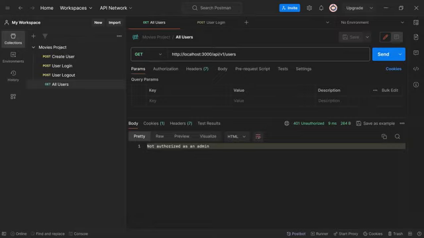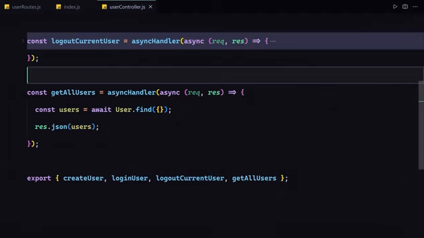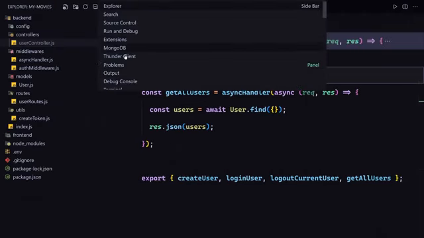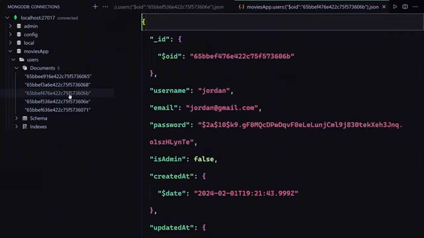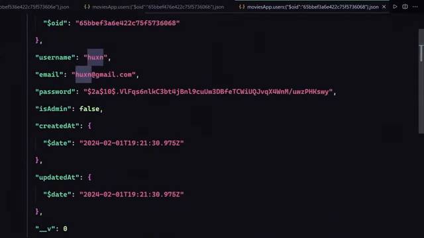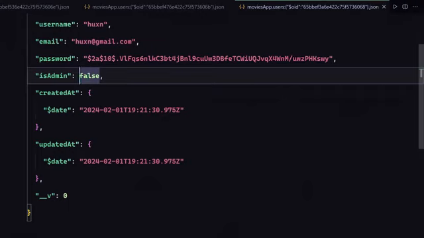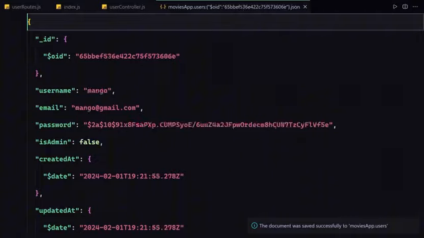It's going to say not authorized as an admin, you have to be an admin, then you would be able to get all of the users. So now let me just make this Hussein an admin. I'm going to go ahead and go to my MongoDB. Let me just find myself. So this is Mango Jordan, and this is Hussein right here. Okay, so now let me just make myself an admin. Let's just remove this false, and I'm going to set that to true, save my file,